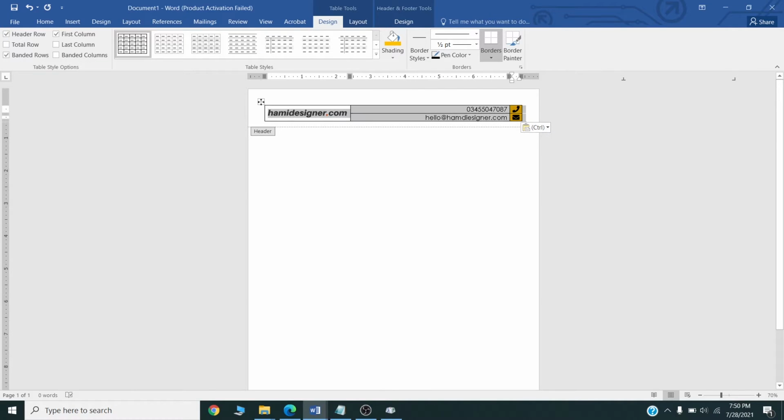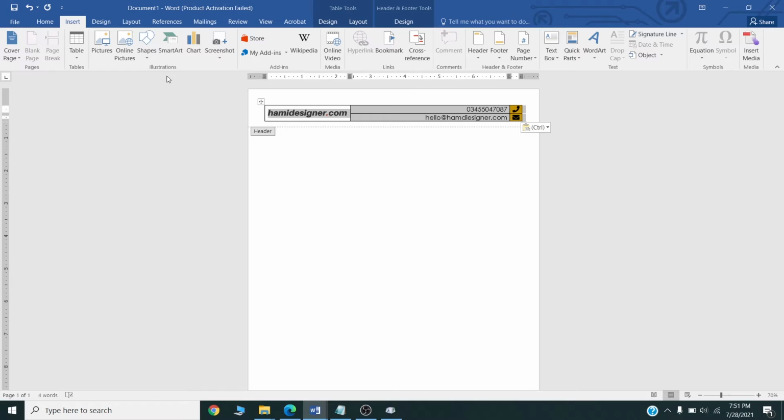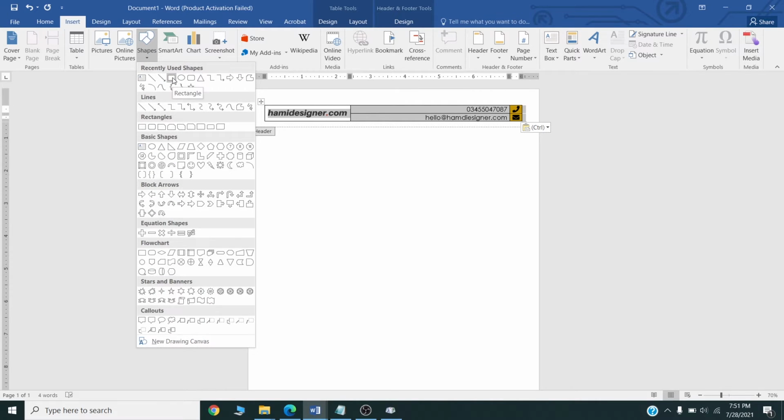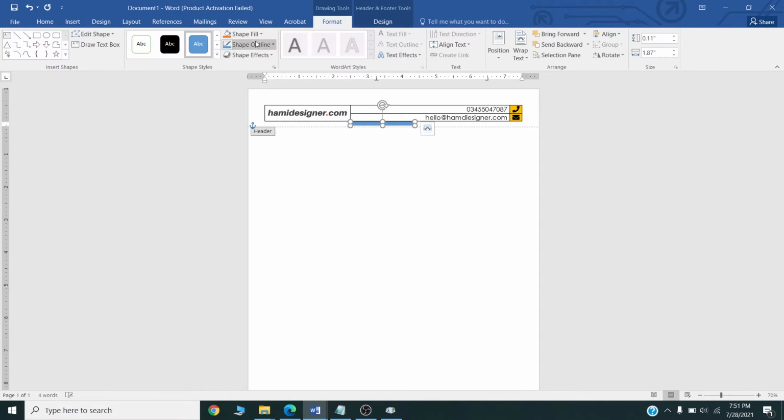Alright, now I will insert some shapes here. I will choose this shape menu and I will choose this rectangle. Okay, from here I will drag one rectangle here and I will disable this outline. No outline, and for fill I will choose